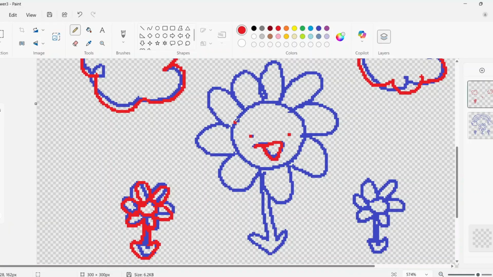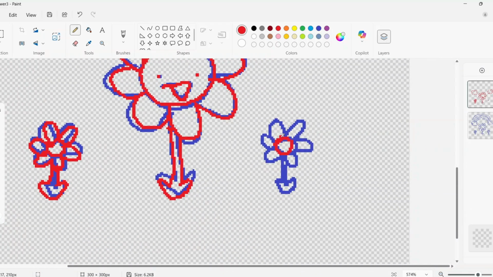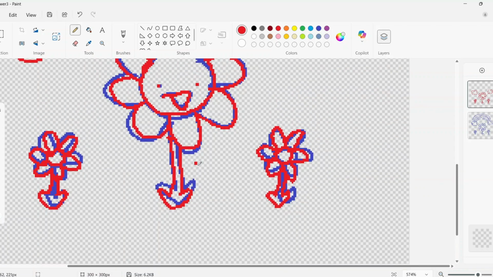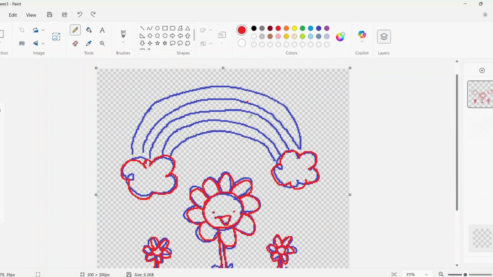And like I said earlier, it's not going to be super precise. It's not going to be exactly the same, because this style of animation, squiggle vision, boil lines, whatever you want to call it, is just drawing over the same frames to create boiling lines. And like I said, I like to draw over the same 2 frames because